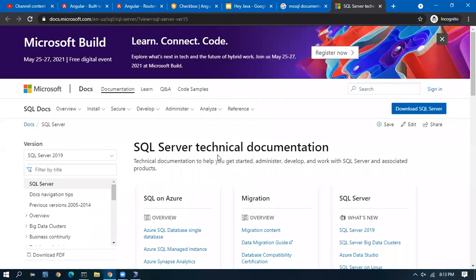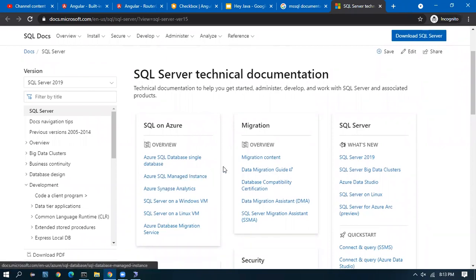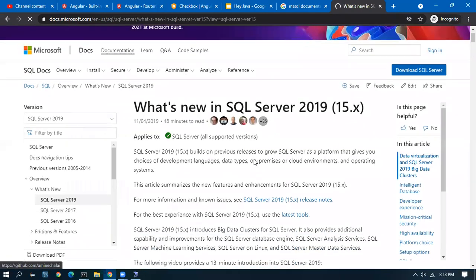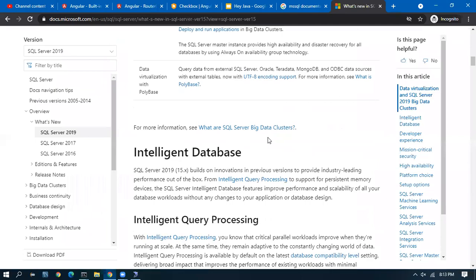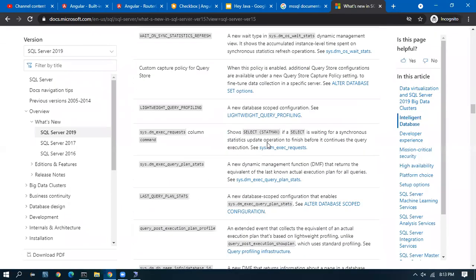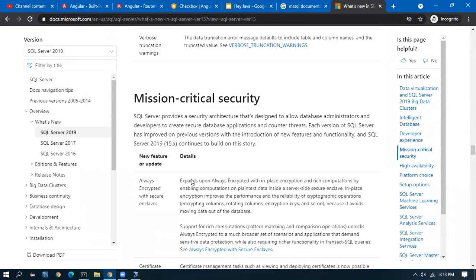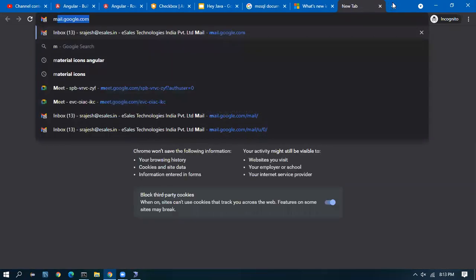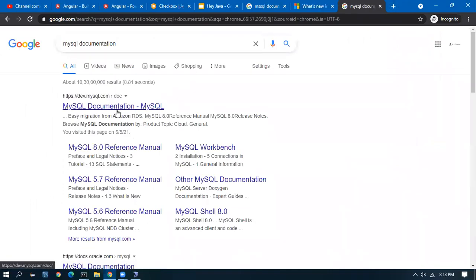Microsoft SQL Server documentation. SQL Server 2019. Okay, what is there? If you spend some time on the site, we can get the documentation. I can show you the MySQL documentation, which is what we frequently use. Most of the times we use it.